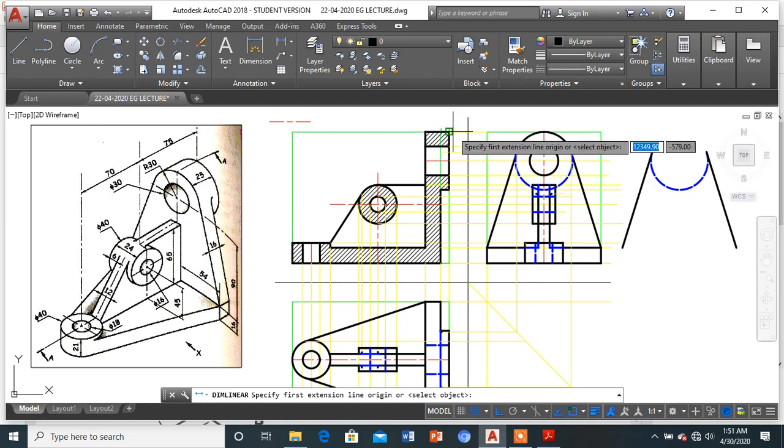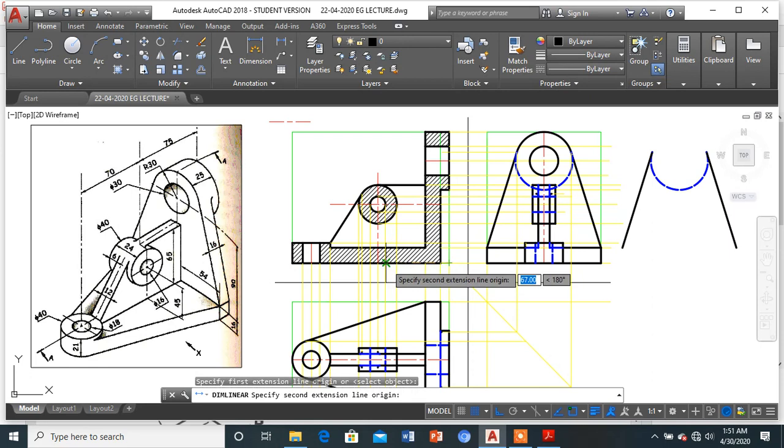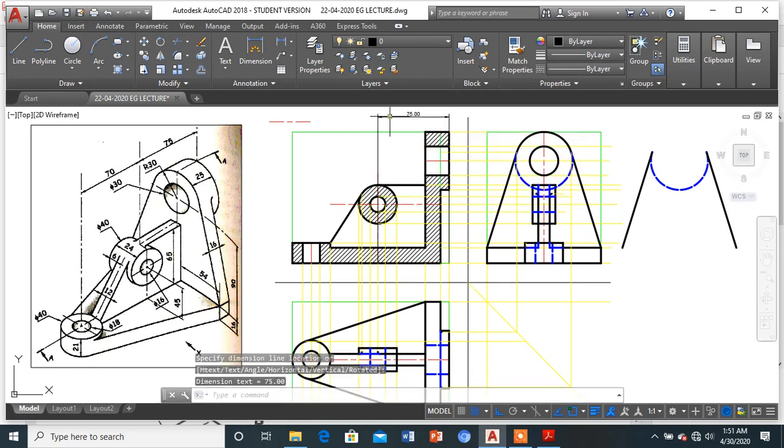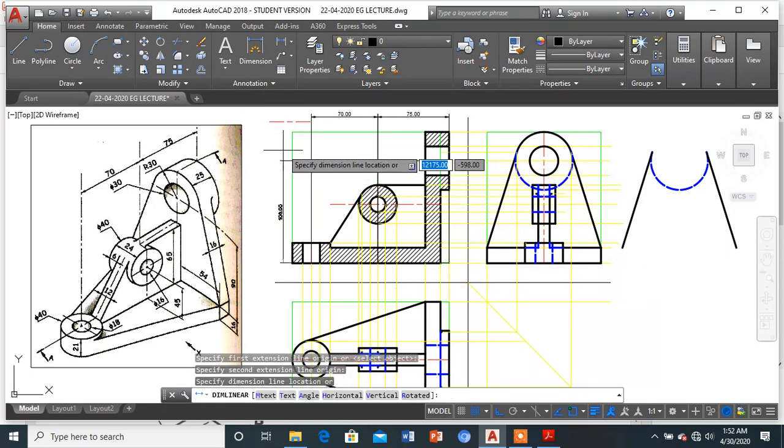How do I show the prominent dimensions? Starting from the extreme end over here till here, the distance is 75, given. From here till here, the distance is 70, given to us. Now one by one, let us take it. From here till here it is 90, and it is 106 till here.